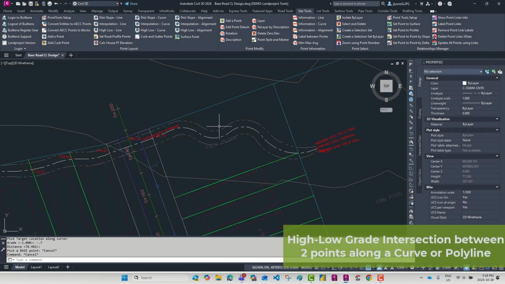Lastly, the High-Low Curve tool is used to calculate the location and elevation of a new grading point based on intersecting grade out and grade in conditions measured along a curved path. This tool follows the same grading logic as high-low line, but uses a polyline or curve to determine distance. The High-Low Curve app is located in the Site Tools tab under the Layout panel. It is commonly used for grading scenarios where transitions occur along curved features such as driveways, swales, paths, or landscaped